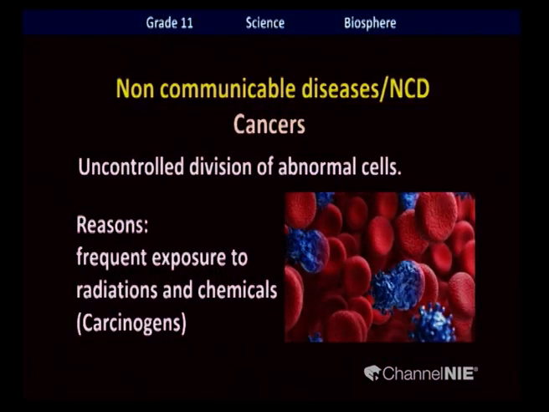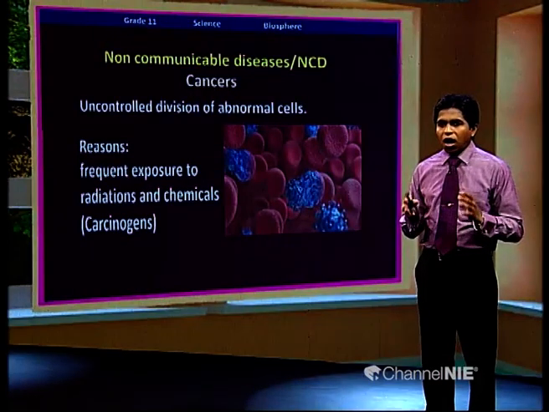Next one, cancers. After diabetes, that's the most common. The annual number of cancer patients reported in Sri Lanka is increasing. Recently they built a new cancer hospital in the southern province. So why do these cancers spread faster? What are the main reasons that can cause cancer? How do we control this? What is cancer?